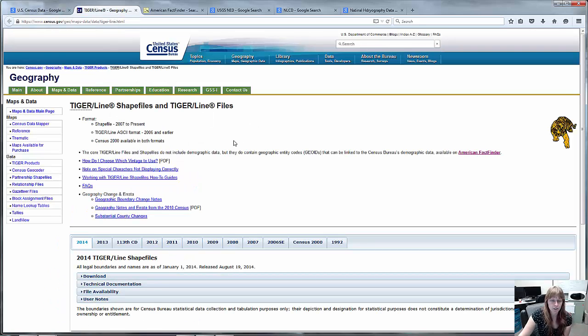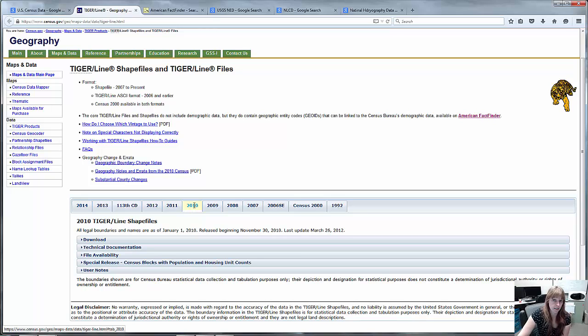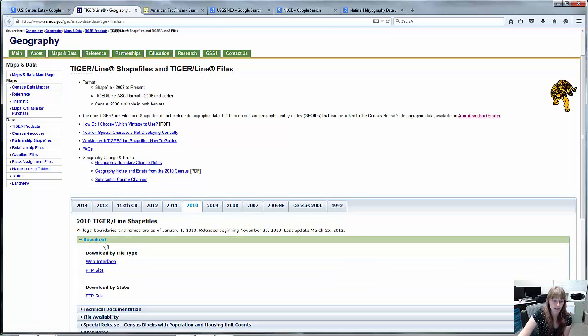TIGER line shapefiles are the spatial data associated with the tabular data that we just downloaded. And since we did a 2010 census download, we want the 2010 shapefiles, not the newer ones, because the census will actually change boundaries pretty commonly. So what we want to do is download, and you have two ways to do this. You can do the web interface,